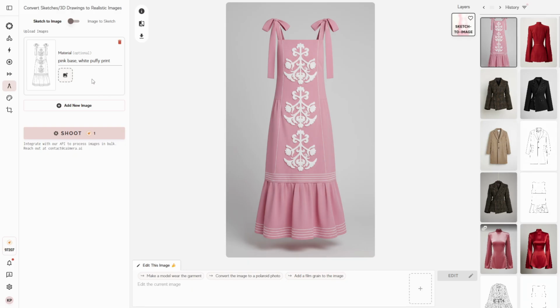Now let's take it a step forward. Let's add a swatch to the base and the print in a different texture. So I'll just upload a really cool swatch. This. Now the prompt should look a little different because we have uploaded a swatch. So I will say